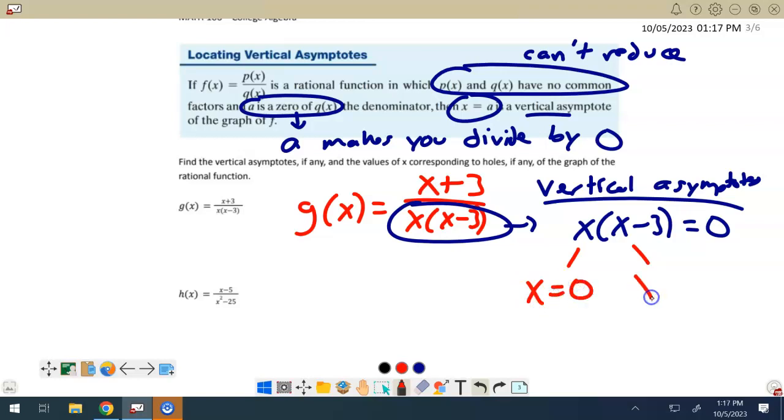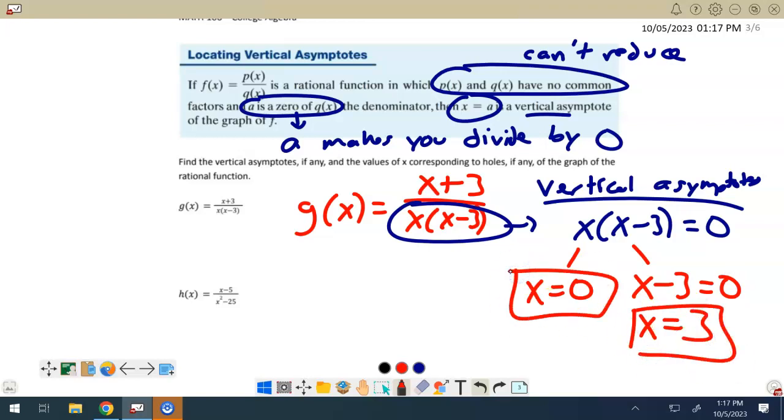We get x is equal to 0, and x minus 3 is equal to 0, which gives me x equals 3. Now again, these are the values of x that are off limits to that equation. This is what's not allowed, right? x is not allowed to equal 0, and x is not allowed to equal 3 in this function, which is what makes them the vertical asymptotes. These are the vertical lines that the graph cannot cross or touch because those numbers are off limits in the